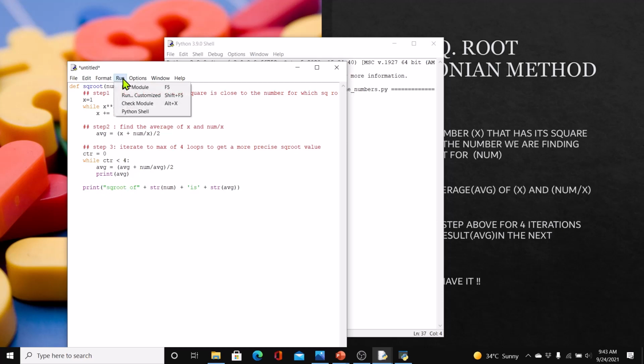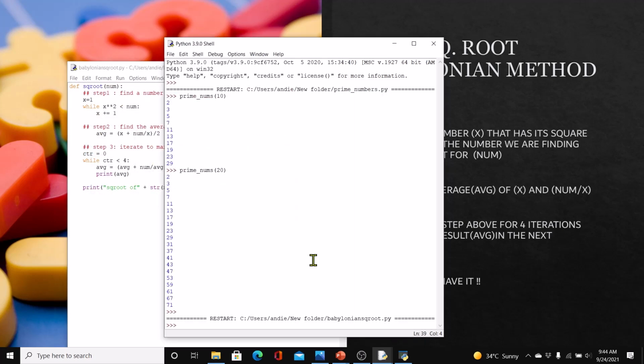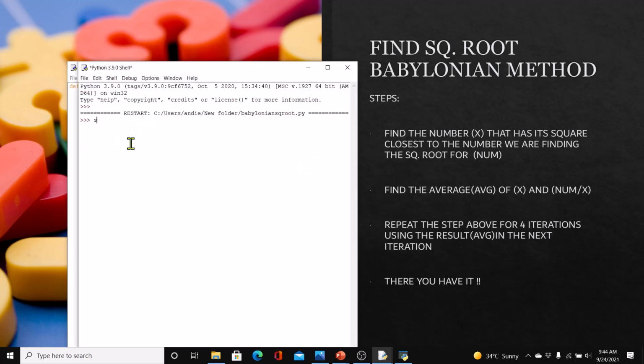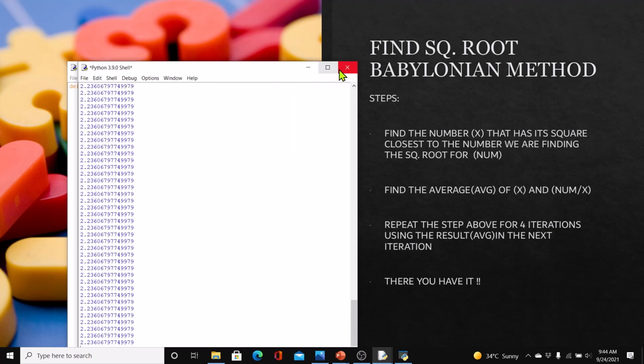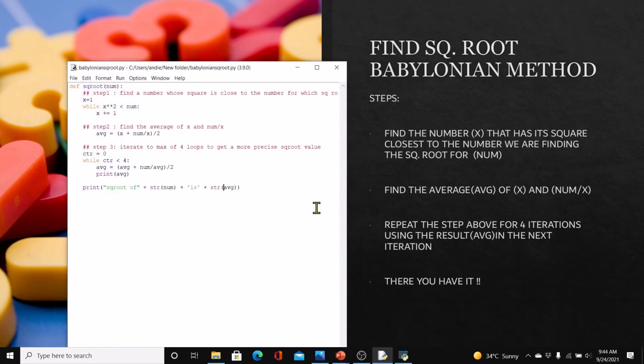So let's now run this. We need to save it. Okay, and let's run this in another shell. Let's try square root of 5. Why is this happening? You see, it says here your program is still running. Do you want to kill it? Yes, we do. Because here we have not increased counter by